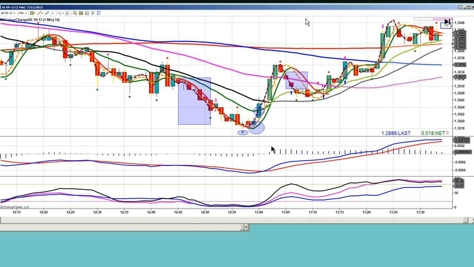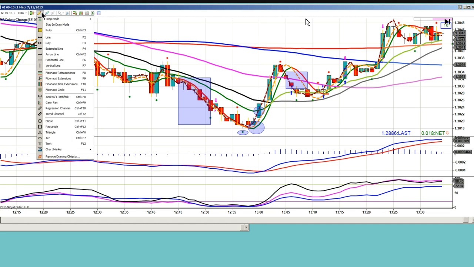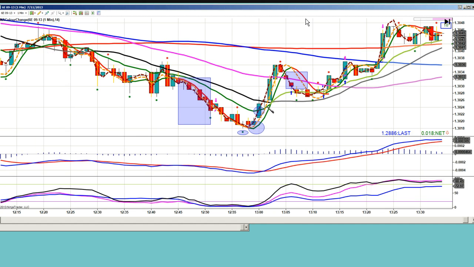Now the third strategy is the reversal. And very simply, we are focusing on the HMA having changed to the right color. So if we're going long, it's green. If we're going short, it's red. And we're focusing on the 13 and 20 crossing. But what we're also looking at is the MACD and the 3 stochastics.